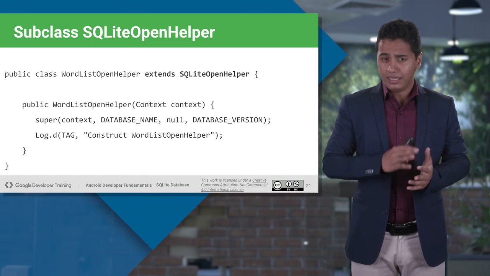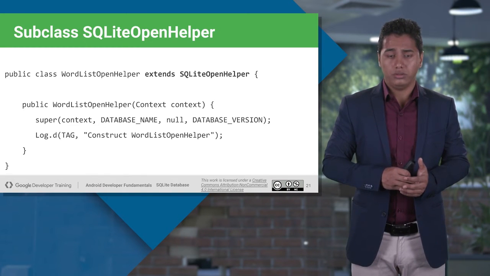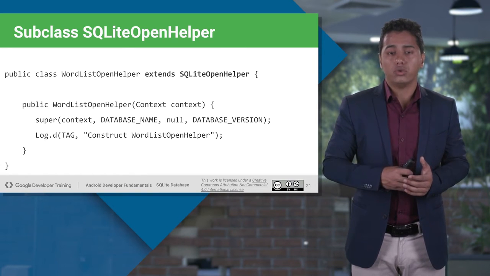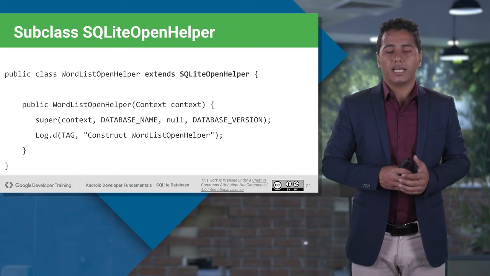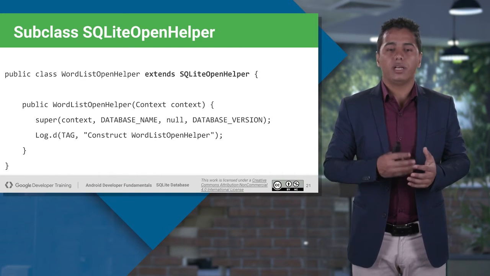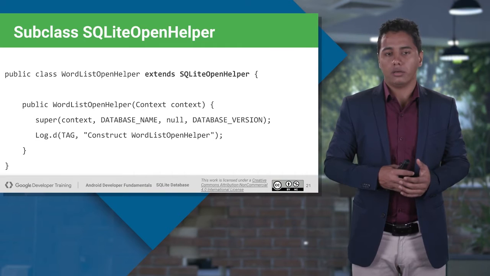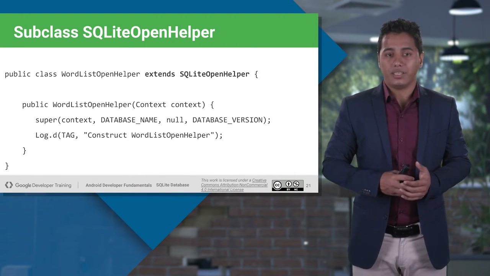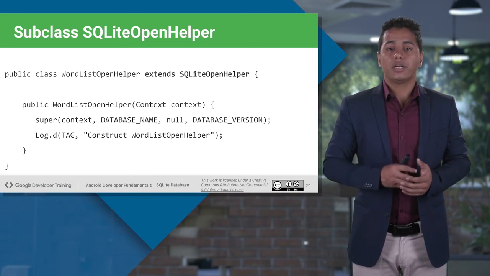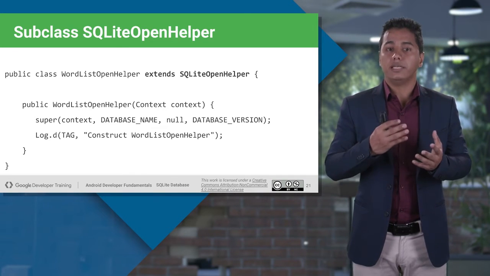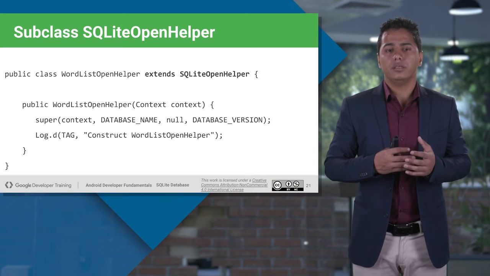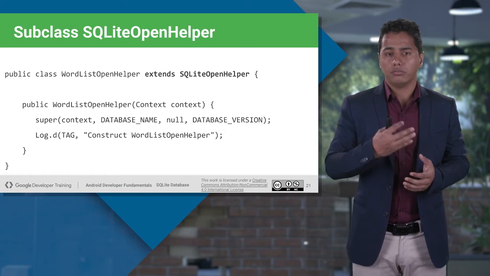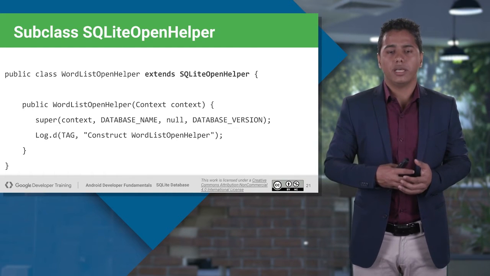Until and unless you do that, it will give you an error, because you have to pass the values to your parent class first. So what are the arguments you need to pass here? First argument is a context object, which you can get from wherever you create the instance of this class, in an activity maybe. Next is your database name. Whatever database name you have already defined, you must have already given the constant at the top before creating the constructor.